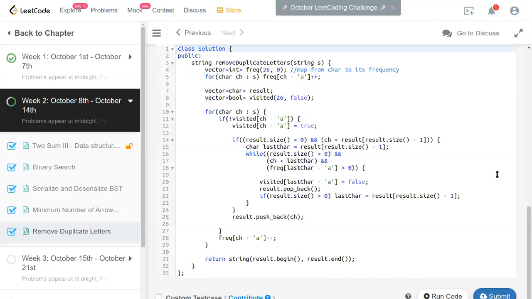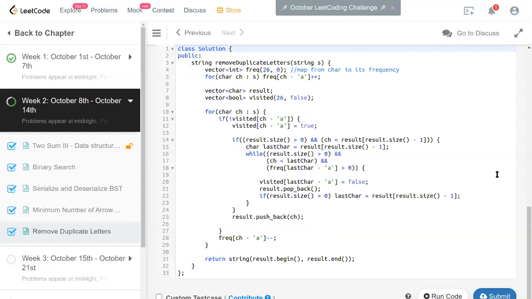So what I did is I made visited false. It was true earlier because I needed to include it later, and now I removed it from the result. Pop back is going to remove it. Because I'm keeping track of this variable, I'm remembering that again as I'm going to get a new last character now. Once we do all of these things, no matter what, we're going to push back this new character. Then when I come out of this, I'm processing the next character. So I reduce this frequency and go to the next character.